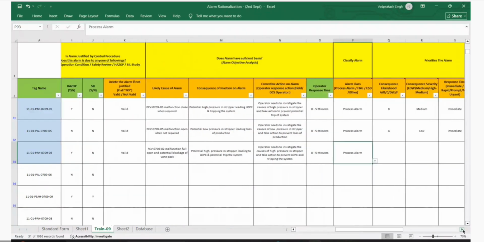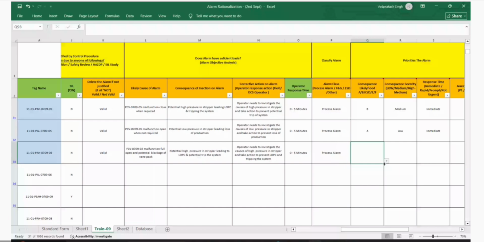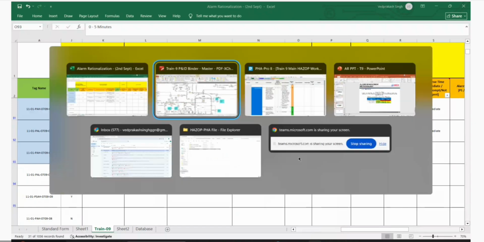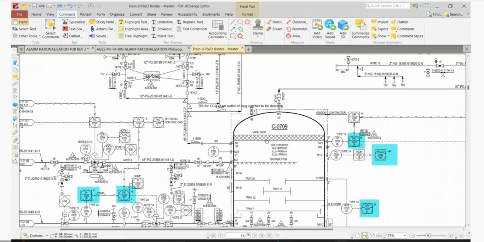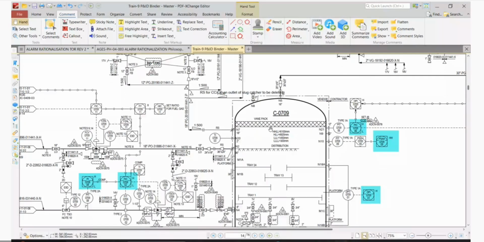But I will take medium here. No, and medium in this case. Okay, we don't have the calculation, but in this case, it will not be immediate, because now this is blockage of the vane pack, right? A blockage of the vane pack did not happen overnight. So it is gradual, though we have no calculation.